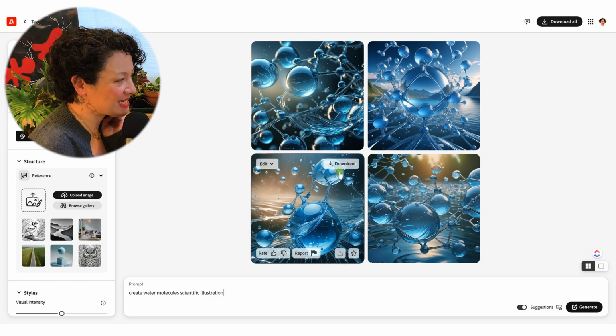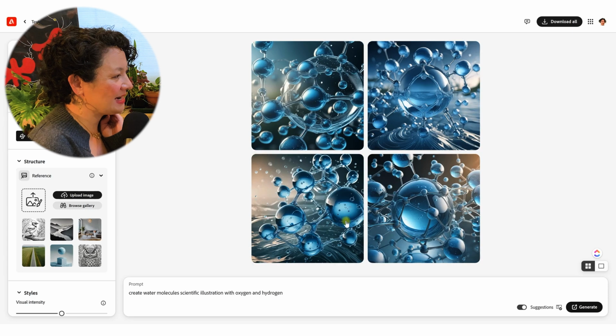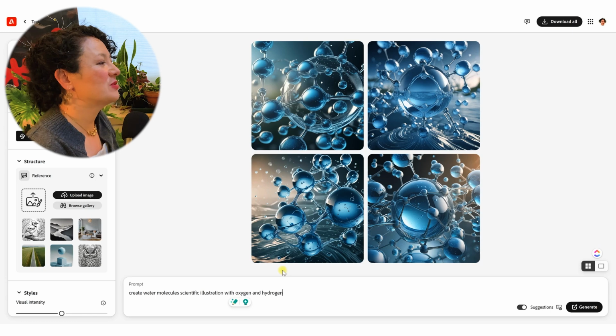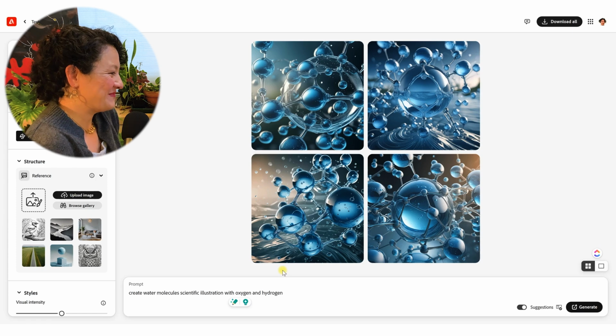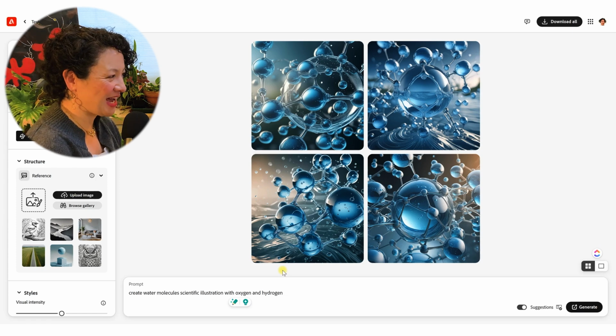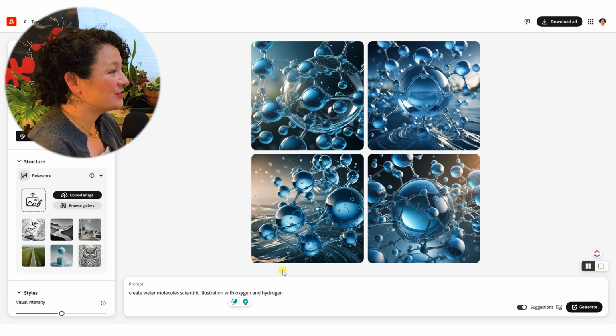That's what I typed to get these. So I'm going to forward to add in the next prompts I did, which is I added in oxygen and hydrogen, which unsurprisingly, I suppose, Adobe Firefly has no idea what to do with. It's like oxygen and hydrogen. Sure, we'll just add in more spheres, which I guess, maybe the good thing is that there are different sizes